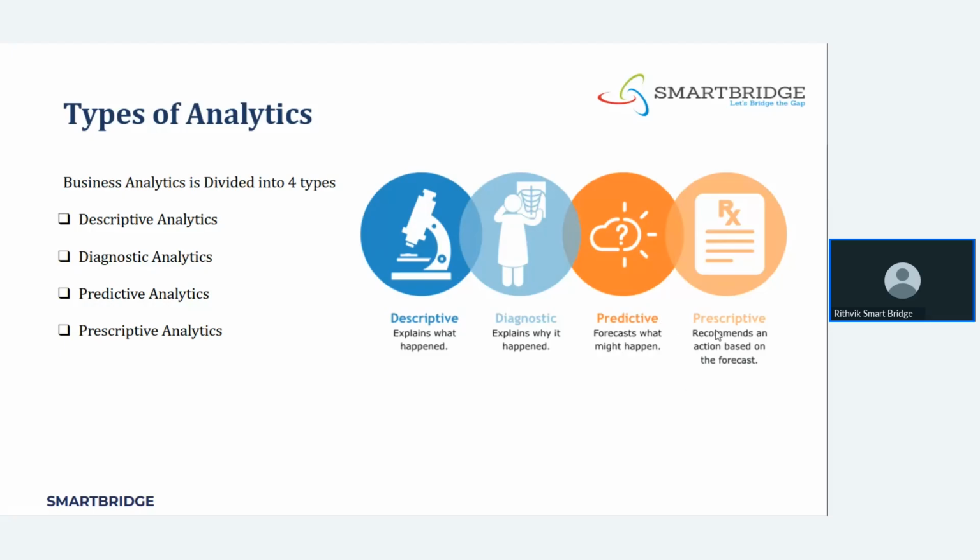Coming to prescriptive, it is a recommendation of action based on the forecast. If you have any recommendations, like continue the quiz. Please continue the quiz daily so that the students can understand and interact with the classes and get good marks. 70% of the students would get 10 points. This is a simple explanation of the types of analysis.